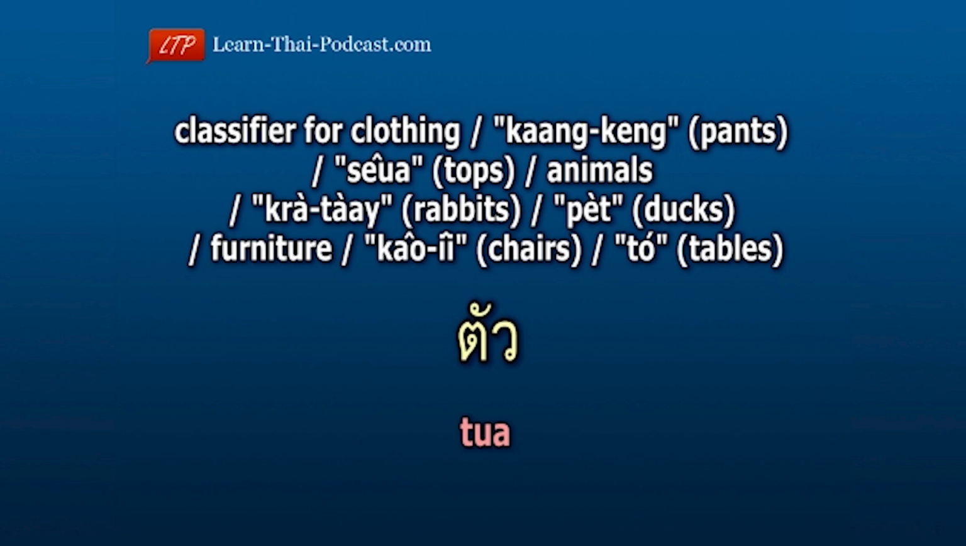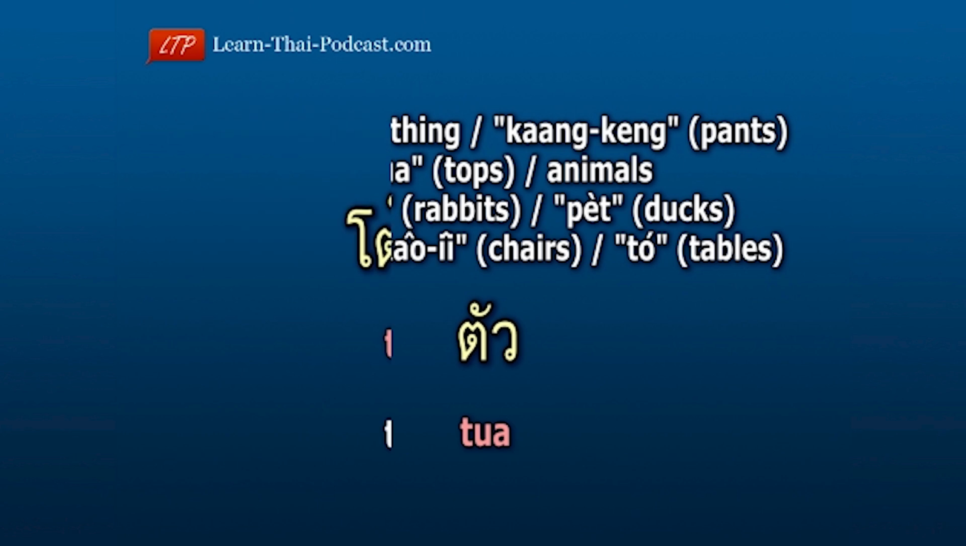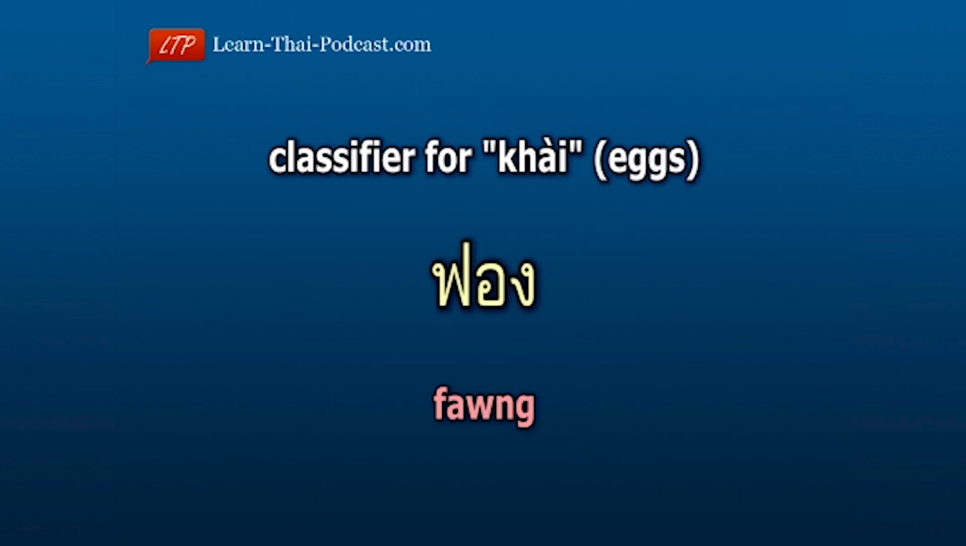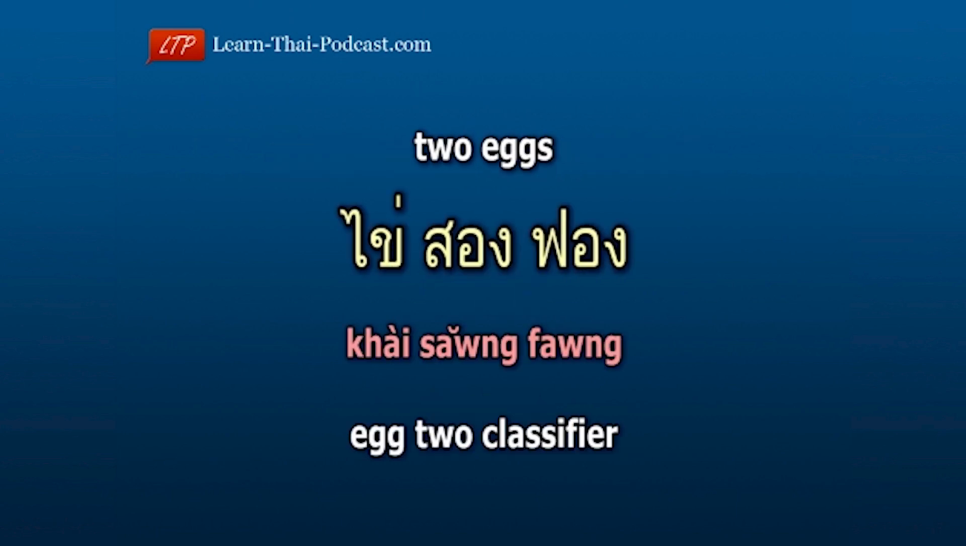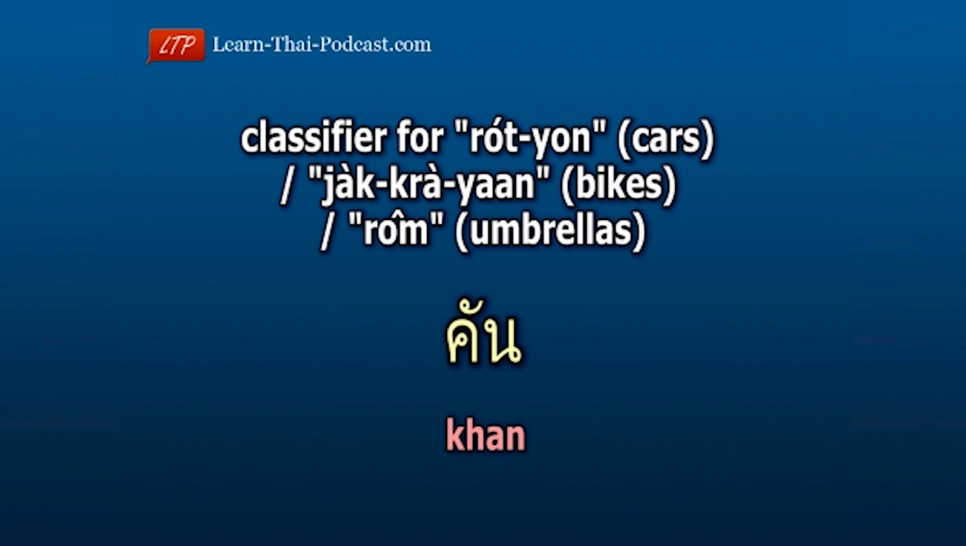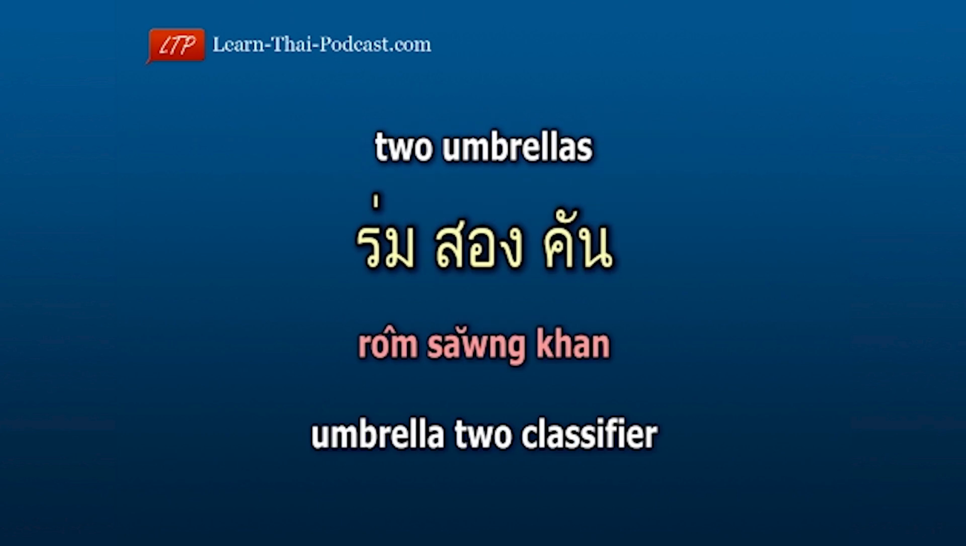So a classifier doesn't have to be specific for one certain word, but it can also be for a certain group of words. This is also the case for our next classifier, that is used for clothing such as pants, กางเกง tops, เสื้อ or animals such as a rabbit กระต่าย or a duck. เป็ด It also applies to all sorts of furniture such as chairs เก้าอี้ or tables. โต๊ะ The classifier for this is ตัว, so 2 tables would be โต๊ะสองตัว